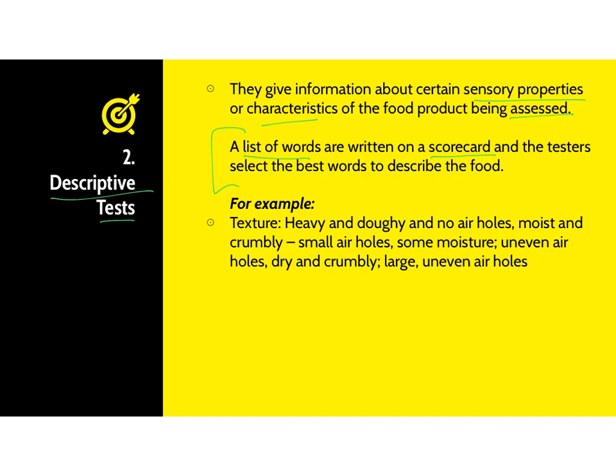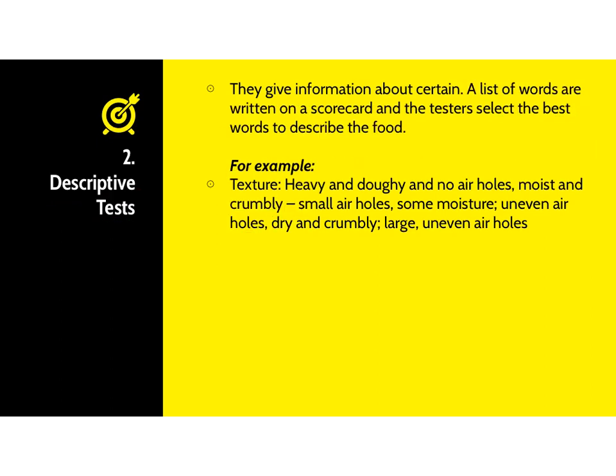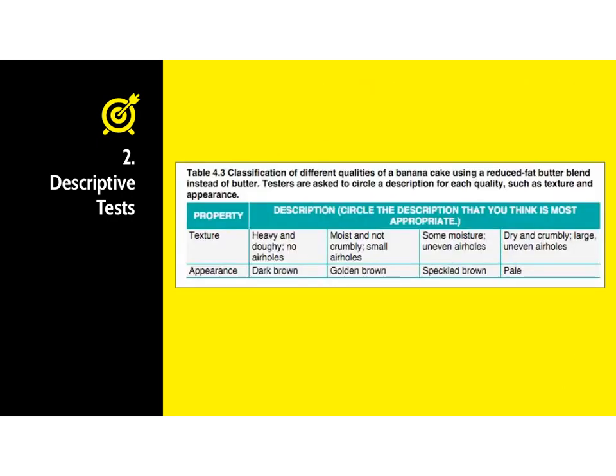So a good example here is if somebody was assessing texture, then these are a list of words that can be given, and the person consuming the food, the panelists, would need to select from these different categories. Now, this is a double up on the slide, so I'll just go to the next one. So we can see here that words. Now, if we go to this table here, we can see here a really good example of a descriptive